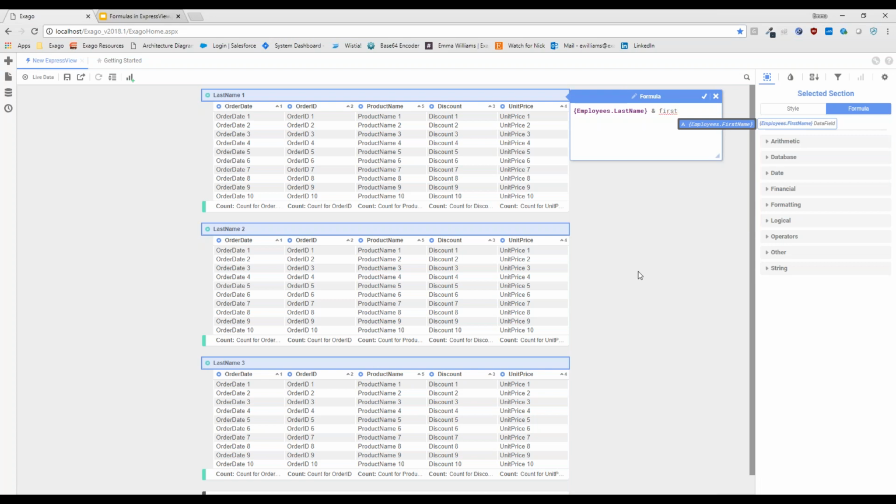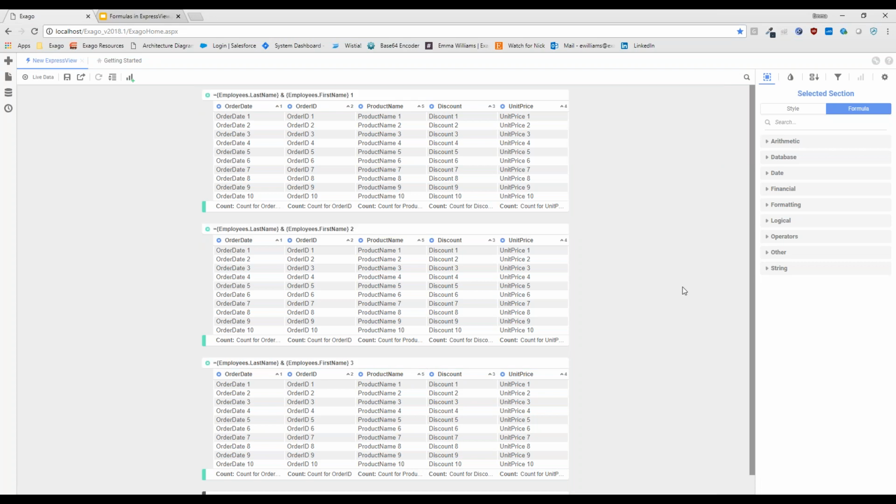And then I said I want the first name. Now, when I start typing, it's actually going to autocomplete to fields that match the text that I've typed. It's also going to autocomplete to any functions. You'll see that I use that later on in the lab. And I can go ahead and press enter to insert the highlighted data field. Now this looks great, right? Last name, I want to see the first name. This is awesome. I'm pretty sure I've got it down. So I can press OK.